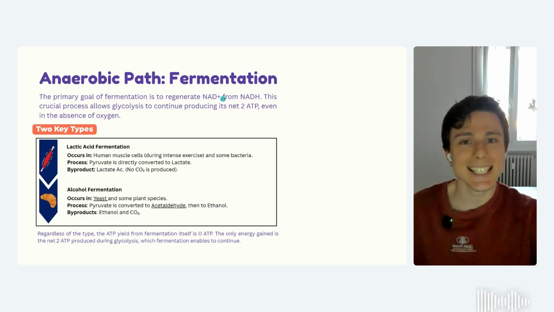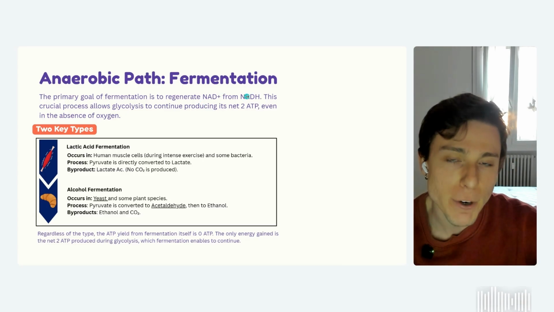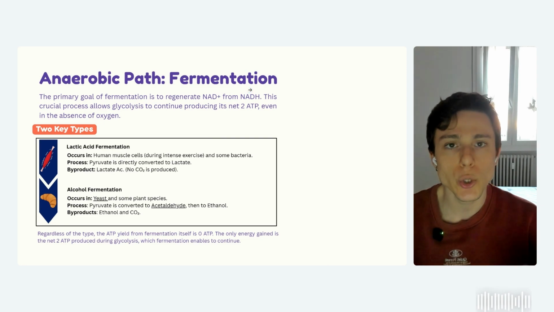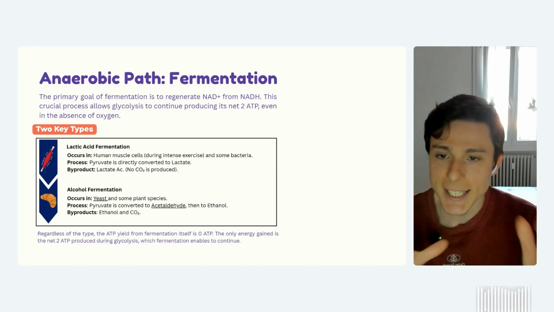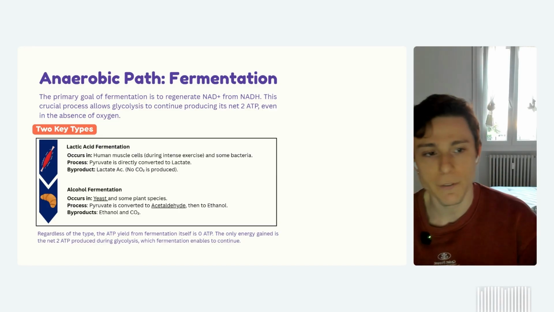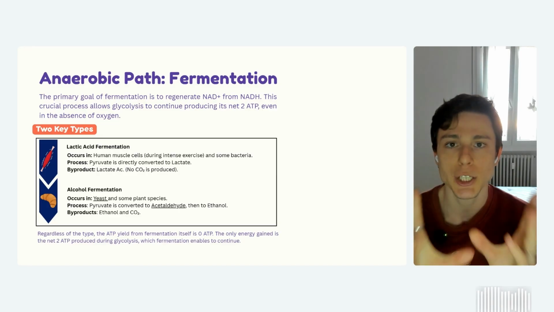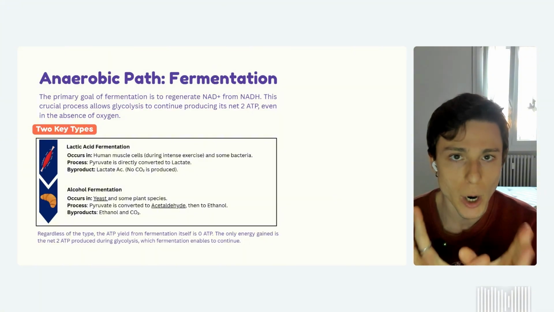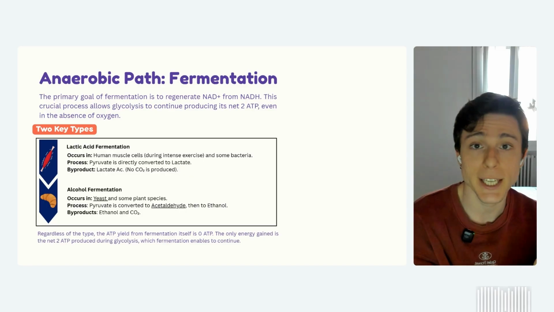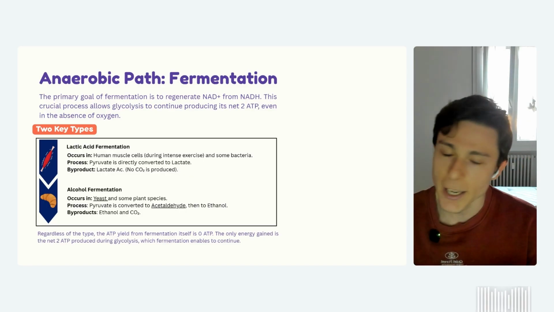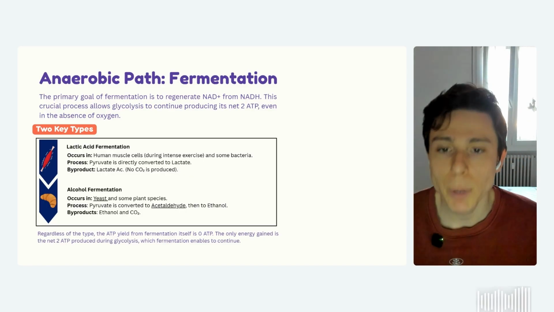Usually you might see some materials associating fermentation with the production of 2 ATP. This is very common, unfortunately. They're just mixing the two concepts of glycolysis and fermentation because they kind of happen together whenever the cells realize there's no oxygen present. But the 2 ATP is not coming from the fermentation, but from the glycolysis, as you know. So what is the purpose of the fermentation?